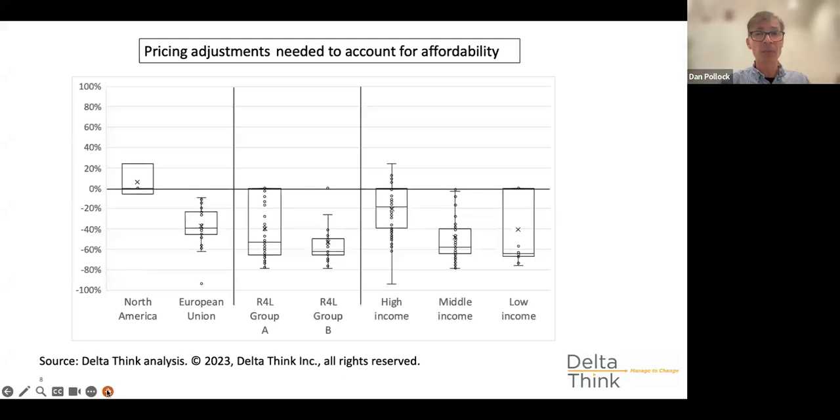And again, we can see some interesting stuff: some of the Research for Life countries that recommend completely zero charges are actually, in this model, able to afford prices in US dollars more than some countries in Europe. You look at that Research for Life box, and there's stuff that's right up there near the horizontal axis.